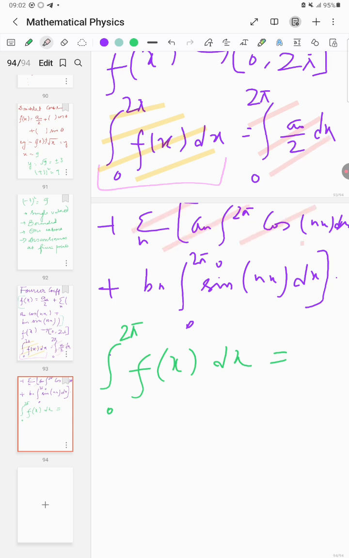Second term on the right hand side is this one, and third term on the right hand side is this one. All right, so if we look into it now,